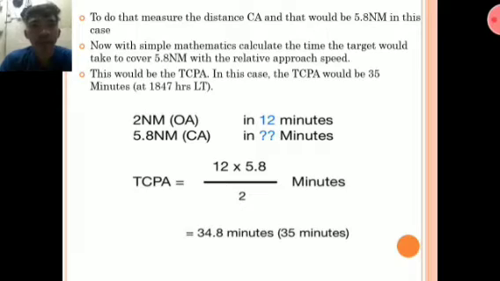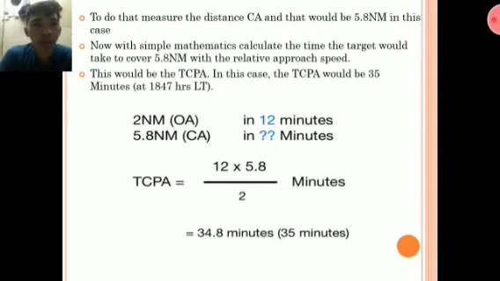So to do that, measure the distance CA, and that will be 5.8 nautical miles in this case. Now, with simple mathematics, calculate the time the target will take to cover 5.8 nautical miles with the relative approach speed. This will be the TCPA in this case. So the TCPA will be 35 minutes at